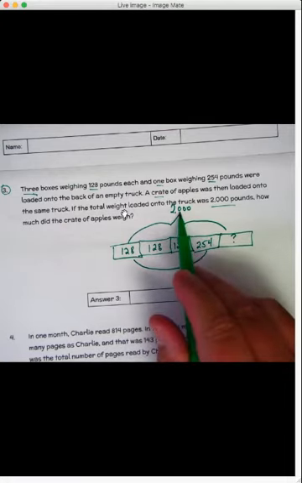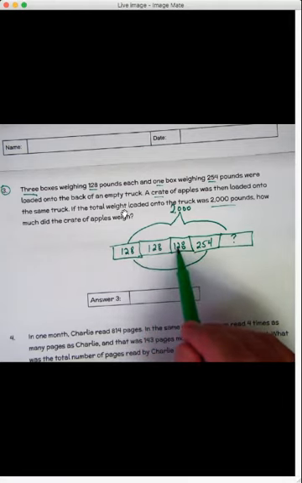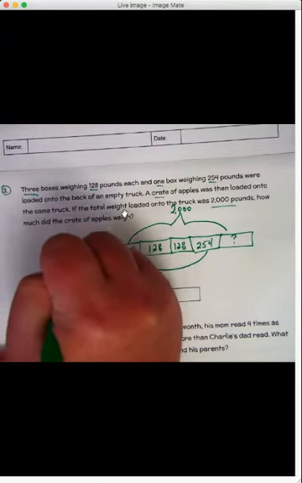So how much weight were these? Then once we find out this, we can subtract it from 2,000 and find the number that is missing. So what we need to do is do some math here. Now remember, we can add 128 plus 128 plus 128, or we can do 3 times 128. And that's what I want to do. So I want to do 3 times